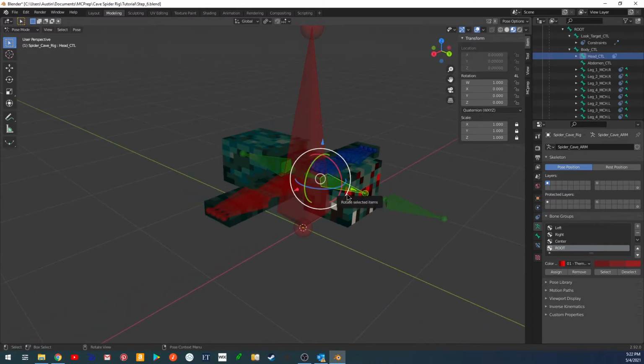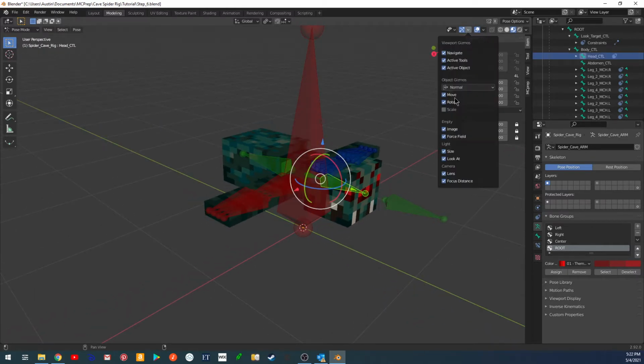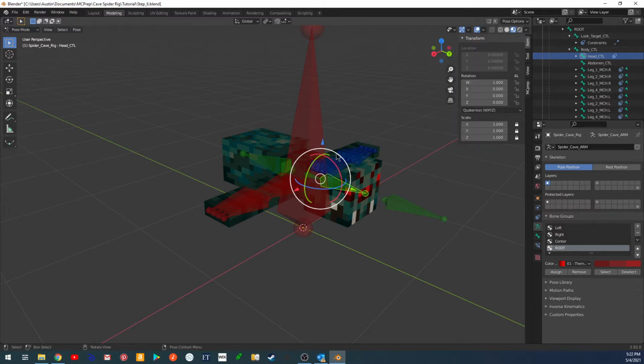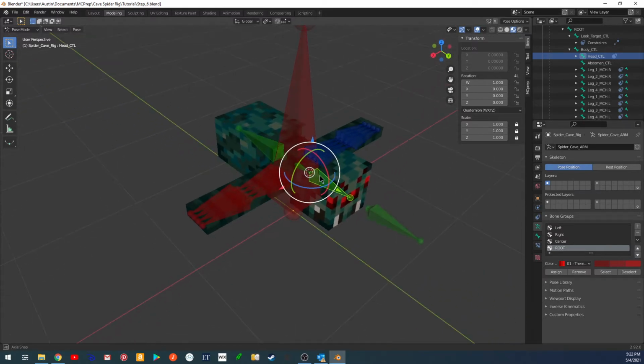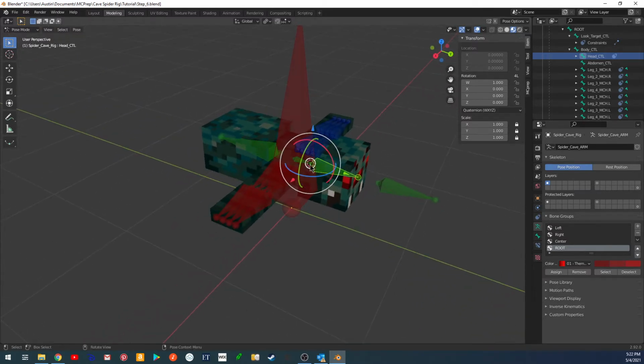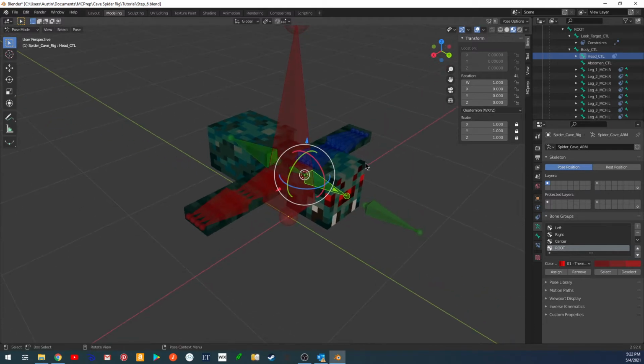So I'm in pose mode. I'll have my gizmo set to local. And right now I have the head bone selected. We'll start there. So I'll position my cursor at the selected bone. Now make note of the axes. So I have X aligns the positive direction, Z, Y. So right now it just follows the world axes, so I don't have to do anything special, but I will